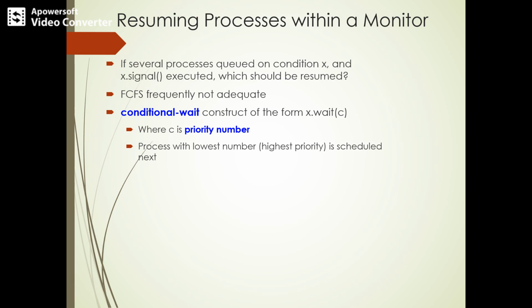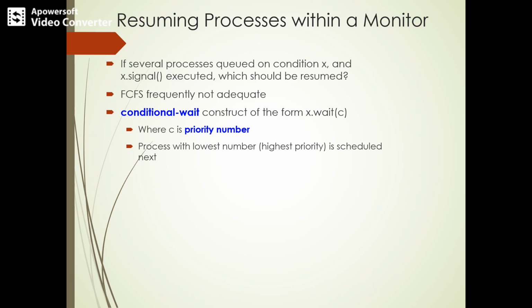In many ways we can use a simple scheduling algorithm, but it is actually not adequate. So there is also a conditional wait construct which can be used, and it has the form x.wait(c).